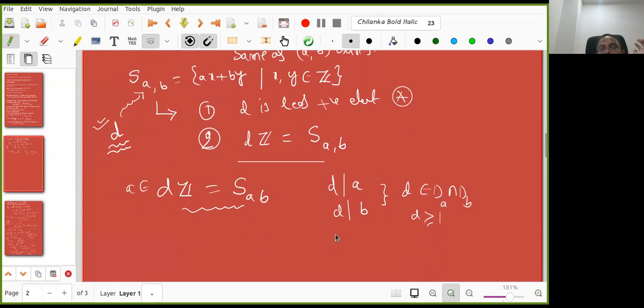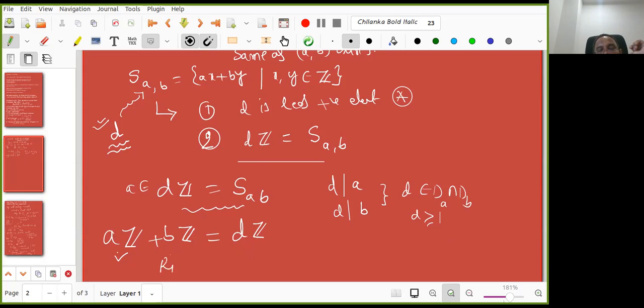Now can you predict what is my goal finally? This S_AB is AZ + BZ, we discussed earlier. Now it is equal to what? DZ. Okay, this is a subgroup. This is what Ishan wanted to tell: subgroup plus subgroup. Those who know subgroups, the sum of two subgroups is a subgroup. This is also a subgroup of Z. But what is the generator? Z is a cyclic group, so it is generated by a single element.